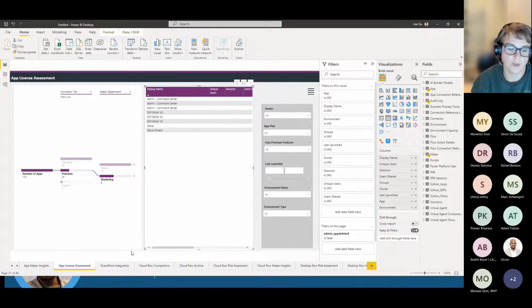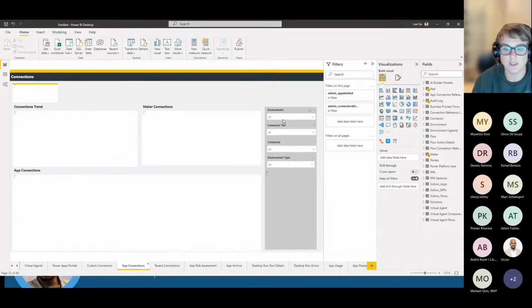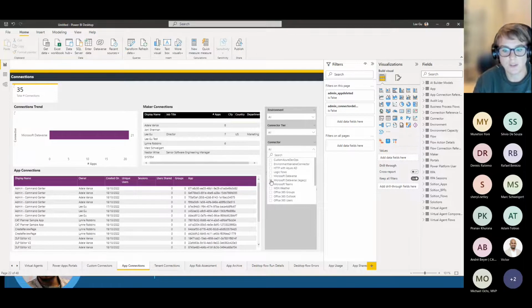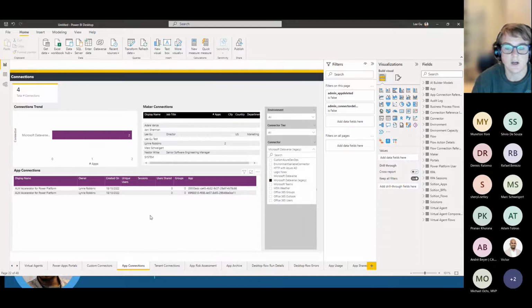From here, you can really learn a lot, and you can really drill down into a lot of different aspects, be it connectors that are being used. You could drill down into everything that's using the Dataverse connector, or everything that's using the Dataverse legacy connector that's being deprecated, and then work with the maker on them migrating to the new Dataverse connector. So the main focus of this dashboard is really browsing, searching, filtering, seeing what's out